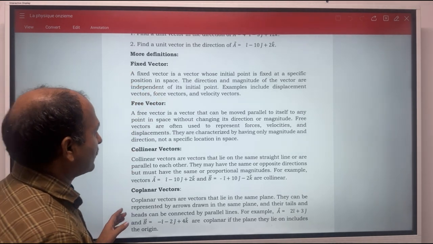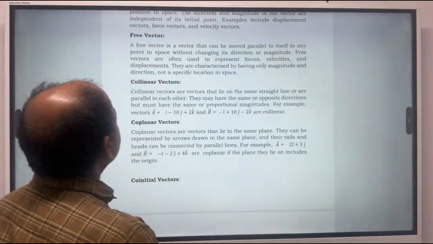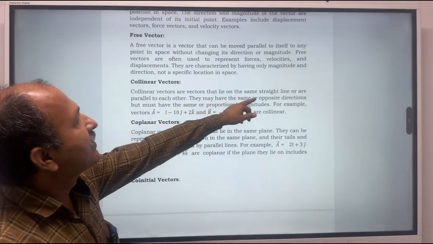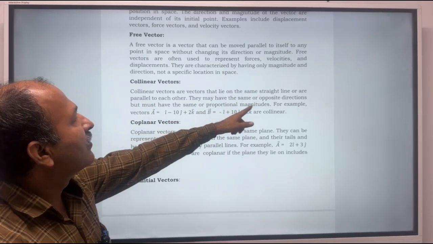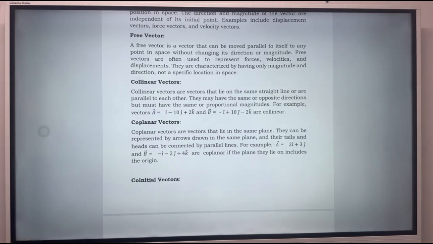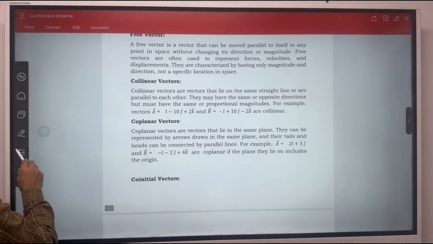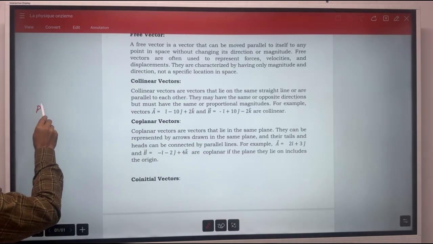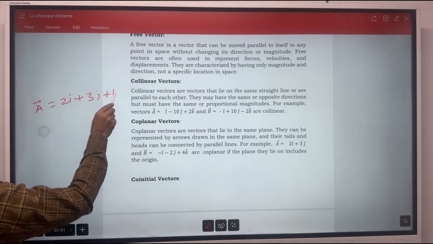Now collinear vectors, two vectors in the same direction. Collinear vectors are vectors that lie on the same straight line or parallel to each other. They may have the same or opposite direction, but must have the same or proportional magnitudes. For example, suppose you are given a vector, say vector A equal to 2i plus 3j plus k,